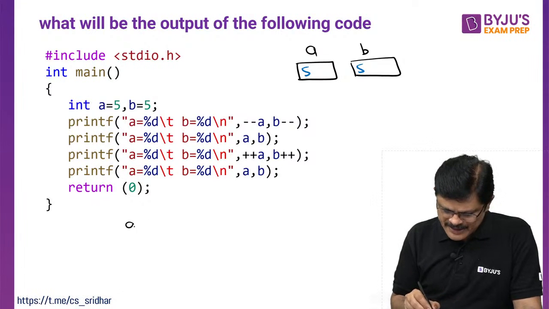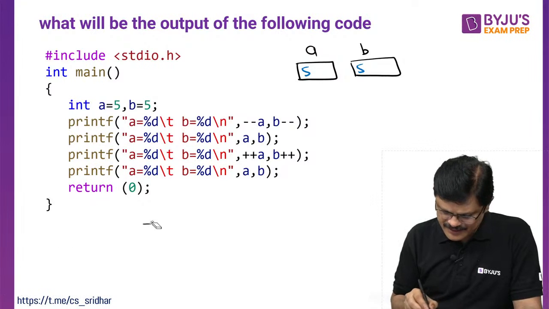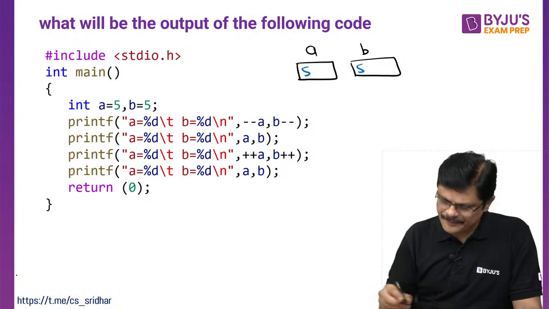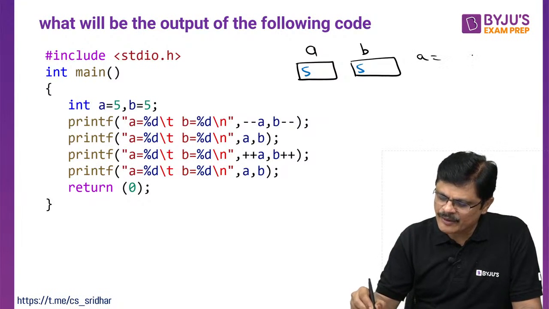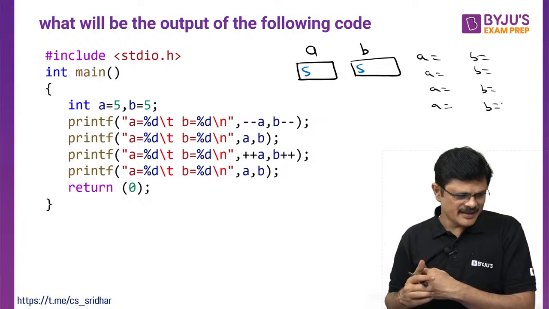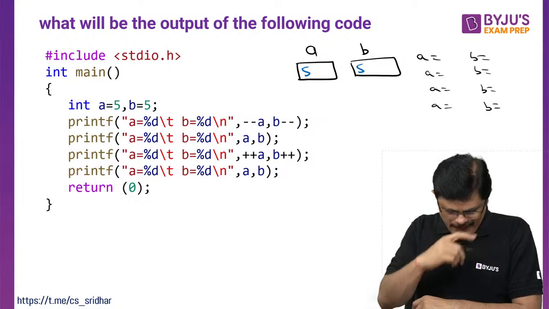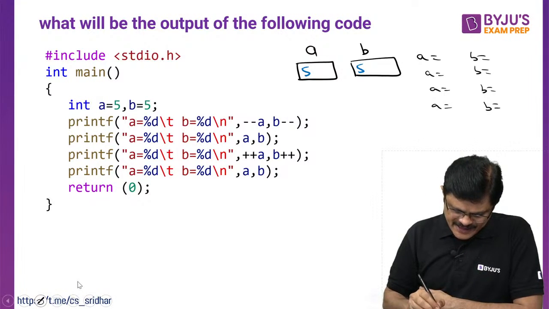See, the output would be something like A equal to, B equal to, repeated. Okay, here I may be covering the answer. Let me write this here, this side. You get the answer like A equal to, B equal to, A equal to, B equal to, A equal to, B equal to, A equal to, B equal to. Four times you are printing, sir. Let us check whether what Ashpreet says is correct or not.